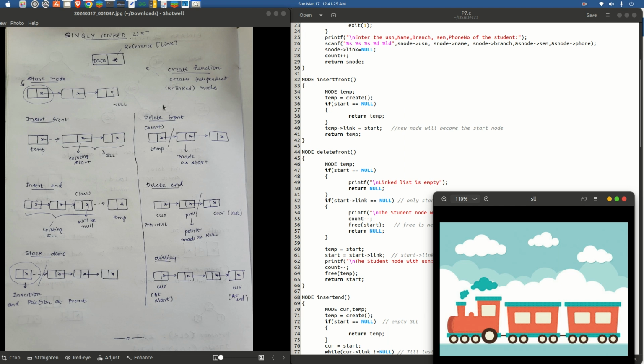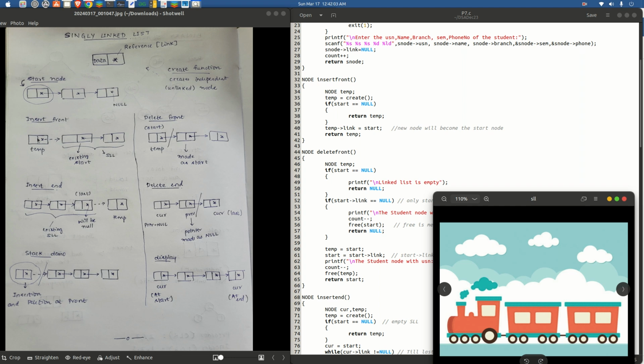So let us now first understand node insert front. Let us see it from a logical, or conceptual, perspective. Assume that there is a linked list already existing. This is the best way to understand the insert front operation. So assume that we only have two compartments here, or two nodes, and we are interested in inserting a node at the front. What we have to do is this temporary node has to be created first, or manufactured, and then obviously it will have all the data